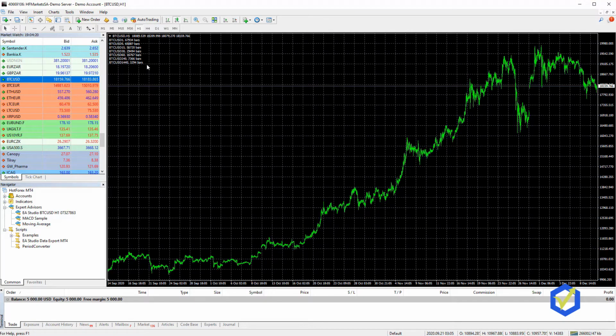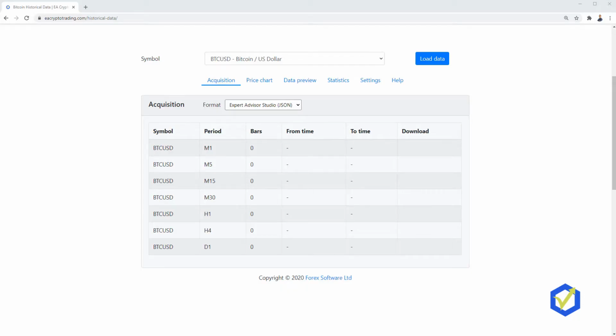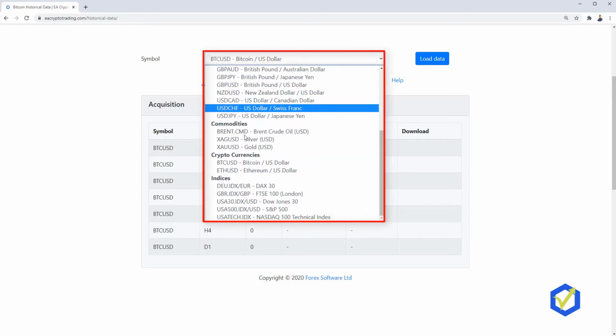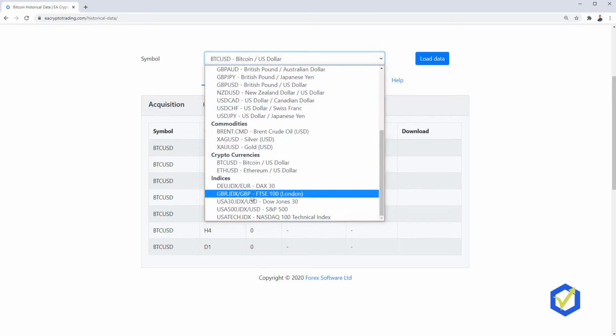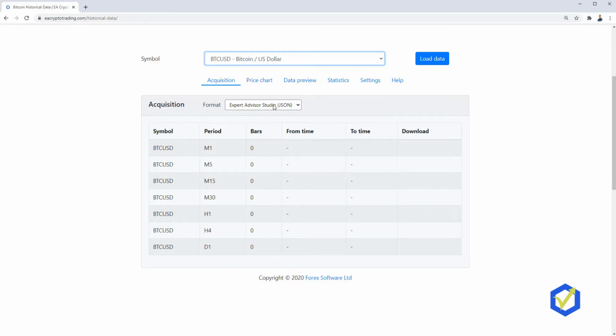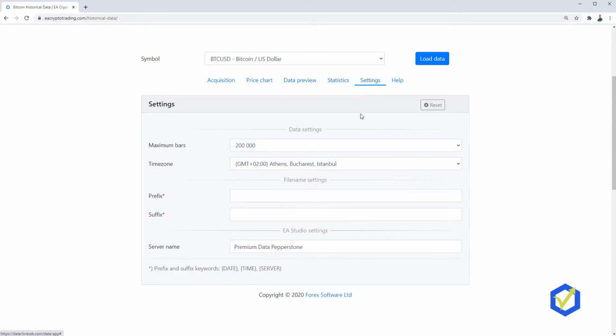the Historical Data app. So this is a web-based app which is free to use, and the good thing here is that the historical data is very detailed. We have many symbols, we have forex currencies, commodities, cryptos, indexes. For the moment we have just the Bitcoin and the Ethereum, but I hope very soon we will have more cryptocurrency assets. And if I click, for example, on the Bitcoin, all I need to do is to go to settings and to set my time zone, which I already did.